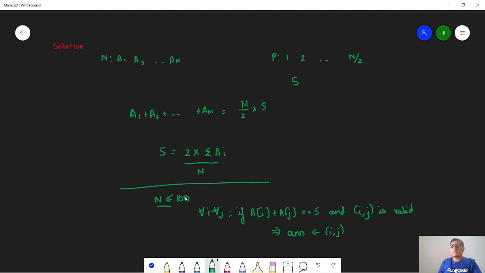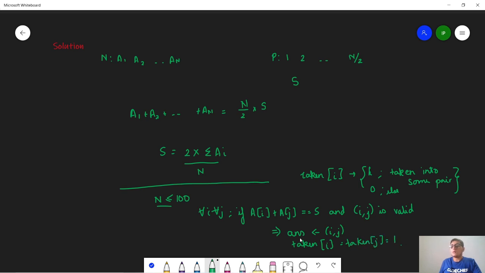And we can use another Boolean array taken that will tell us whether taken of I indicates whether the ith ball has been taken into some pair or not. So this is equal to 1 if it is taken into some pair, else it is equal to 0. So we will make taken of I equal to taken of j